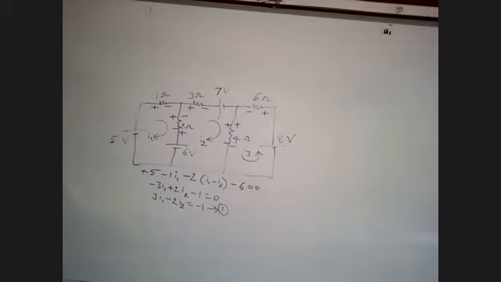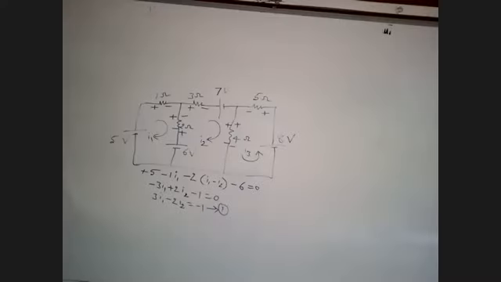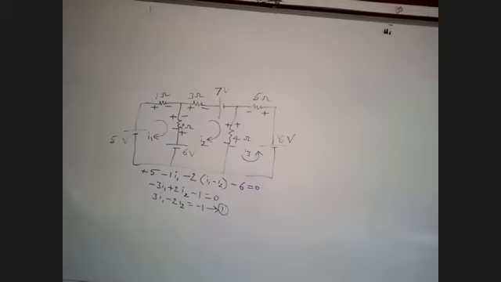Why am I making I1 positive? In every problem I make I1 positive in the first loop, I2 positive in the second loop, and I3 positive in the third loop. Why? I1 is the reference in the first loop, that is one reason. The second reason is in the matrix method, all the diagonal elements are positive. That's why in the first loop I1 is positive and in the second loop I2 is positive.